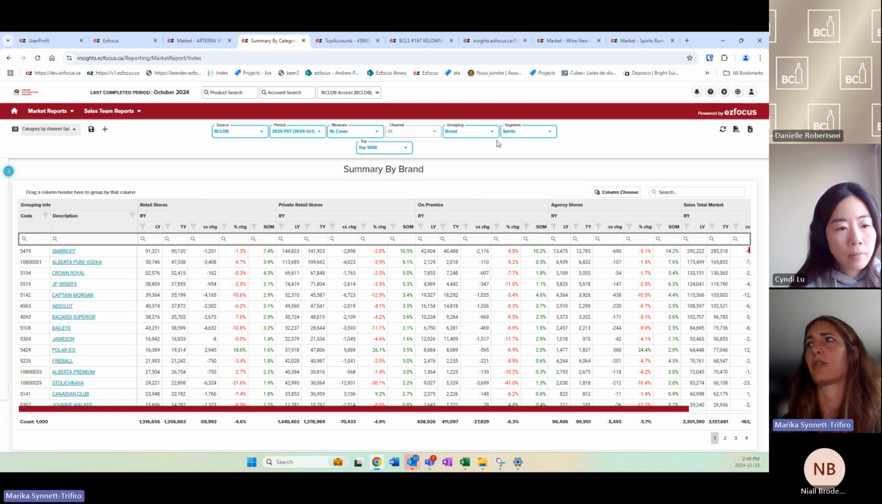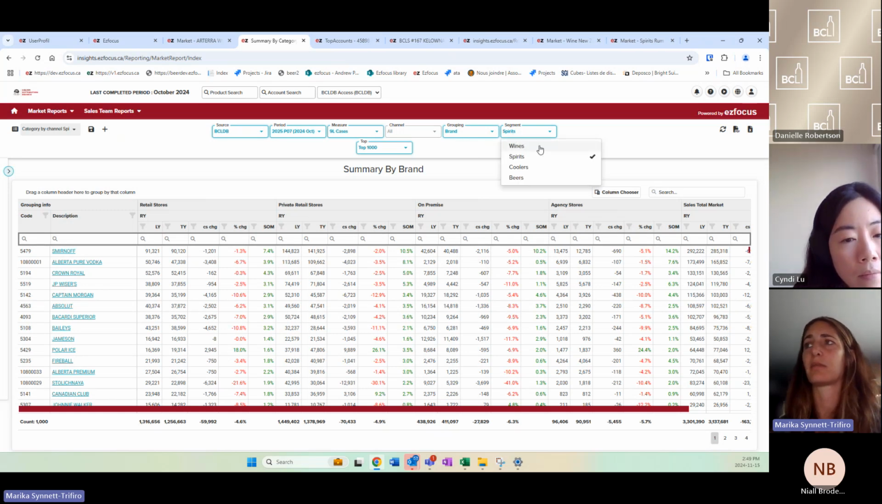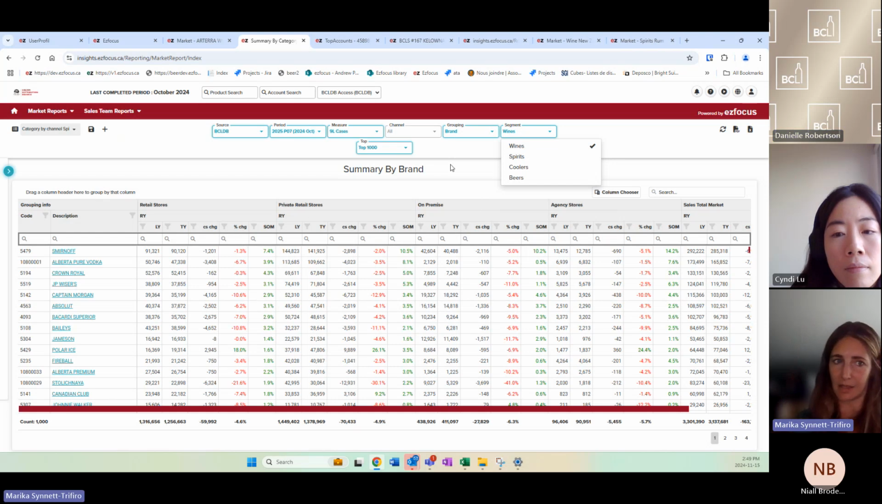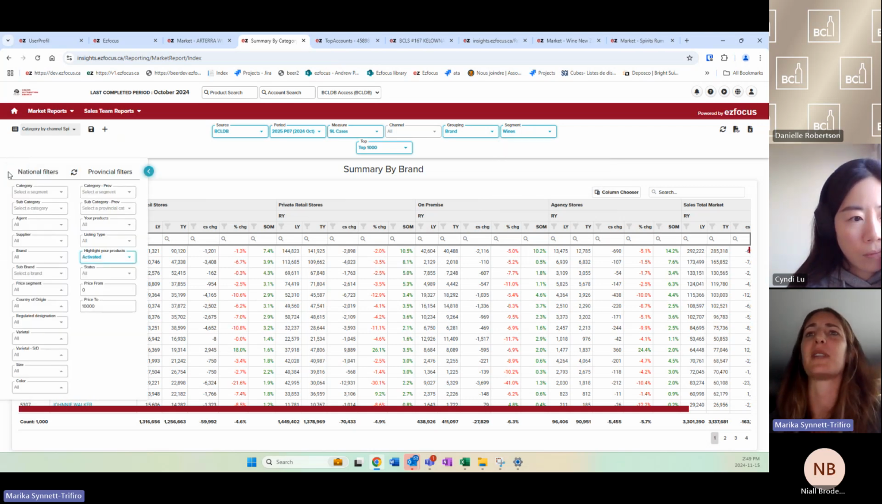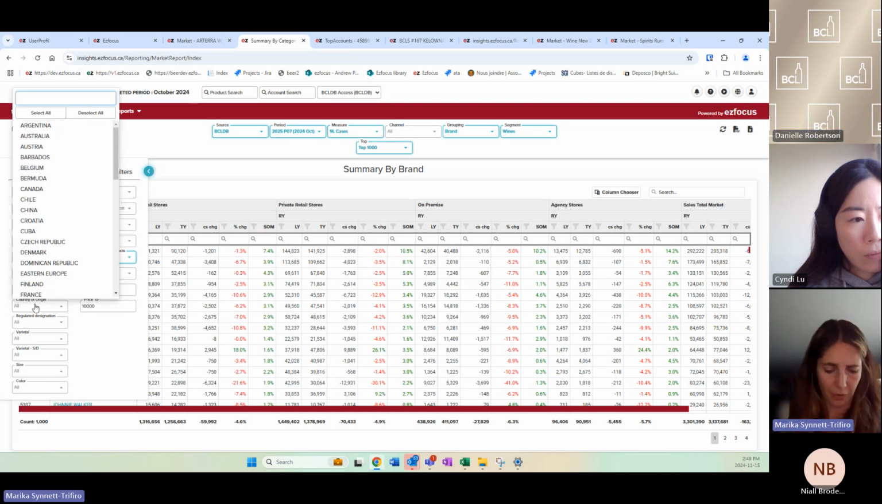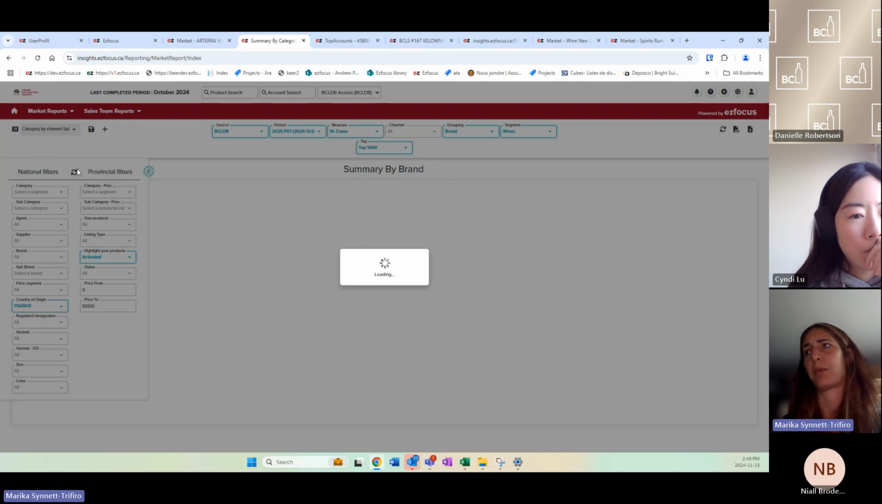So the top brands, and I can do the same thing. I can just switch it to spirits, to wines if I wanted to, and see what the top wine brands are in the market. Now, there's something I didn't speak to you about earlier. There's this little chevron here that allows you to change or to drill down to something a little bit more specific. So let's say you wanted to know the top brands, but not for all wines, but maybe for a specific country. So I could go to country of origin France here, and I can actually pull the top brands